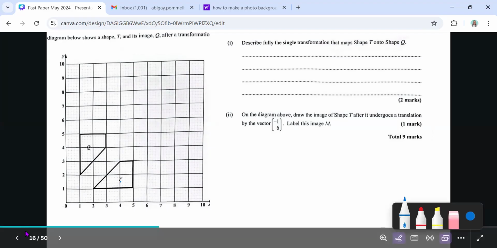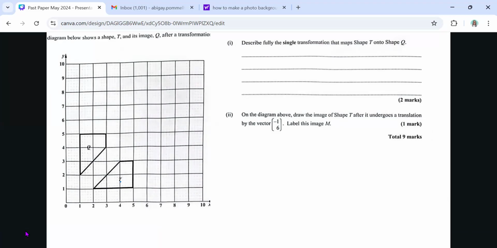Yes, it did. It looks like a reflection because it looked flipped. Right. And it does look like a reflection. So in that said, since we have identified that it is reflection,